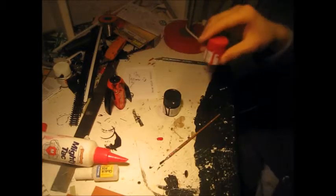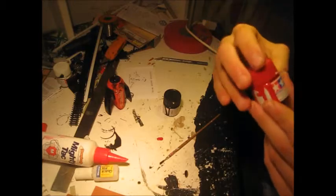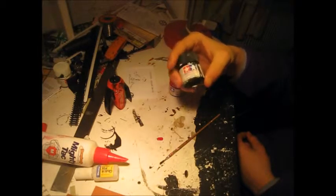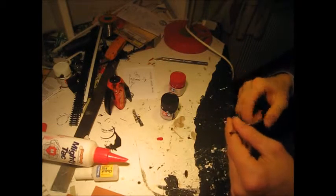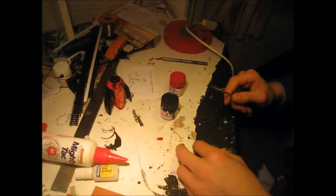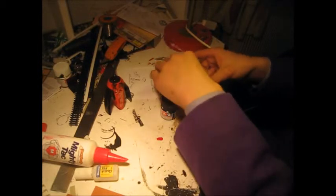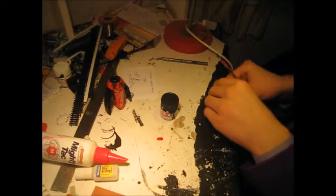Glue's all dried. So the paint colours I've got: a red, this is Tamiya acrylic paint number X7, and Tamiya flat black paint, which is XF1. So I've got a brush. I know it's a reasonably large brush, but it's really the best quality brush I have, so I have to put up with it. So if I just open up the red paint,